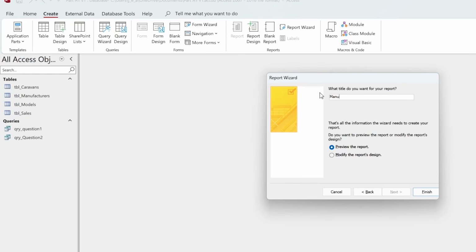the manufacturer and model. Before we get to the finish point here, we're not going to preview, we're going to go into modify the report's design. I'm going to click on finish,